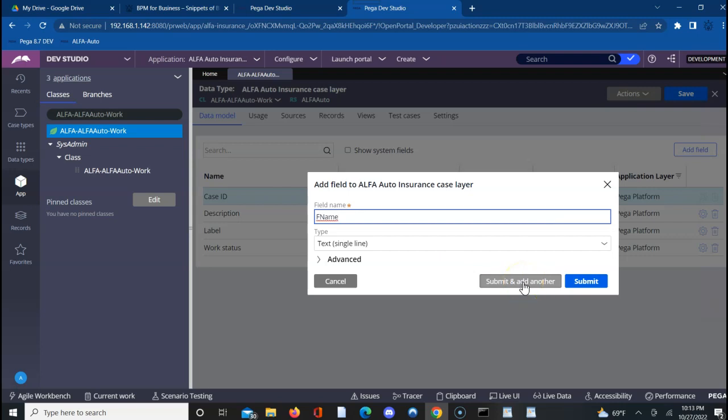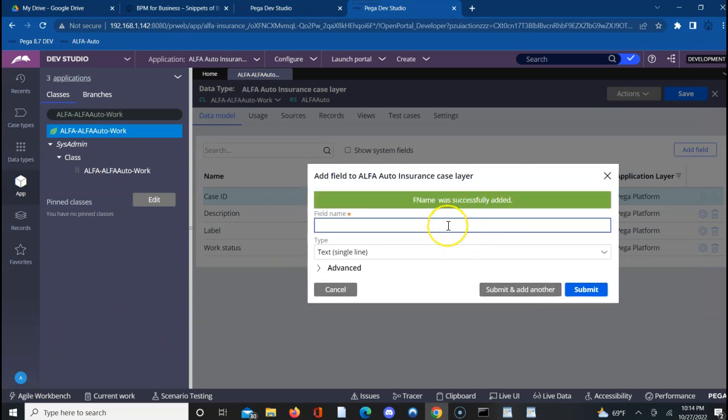If you want to add multiple properties, you can just do submit and add another, right? See, it was added. I want to add a last name. I'll say L name,